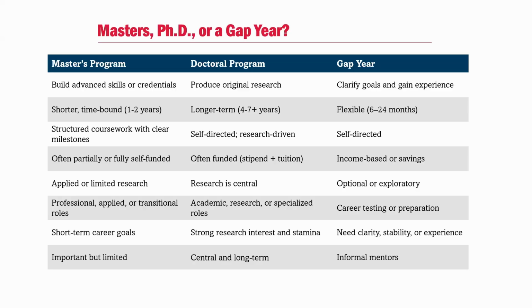That also, you might think about, okay, it's a longer term commitment, so 4 to 7 years for the PhD. Do you really want to do that, or do you want to use the master's program as a stepping stone? In some cases, some PhD programs will require that you have a master's. Not all. Many programs will take students straight out of undergrad, but it's something to consider. And that gap year gives you the time to clarify your goals, gain experience. Maybe you applied for a program in one year, didn't do as well as you would have liked to, or did not receive an admission offer.